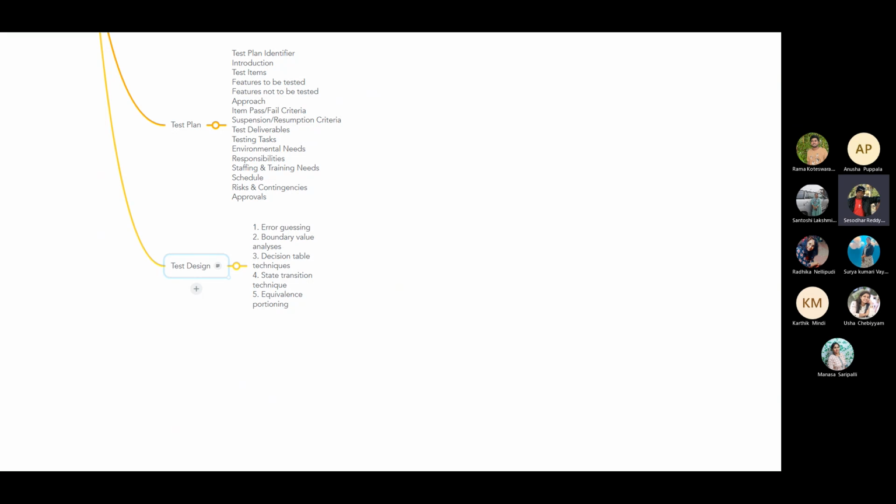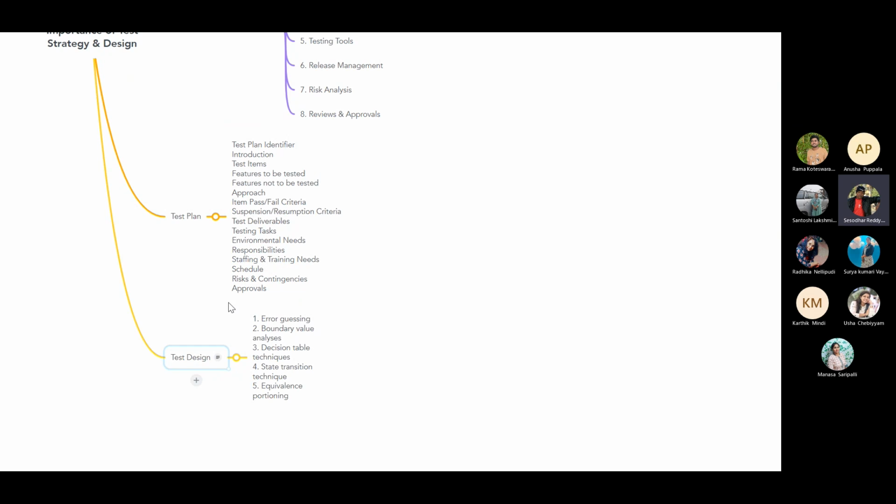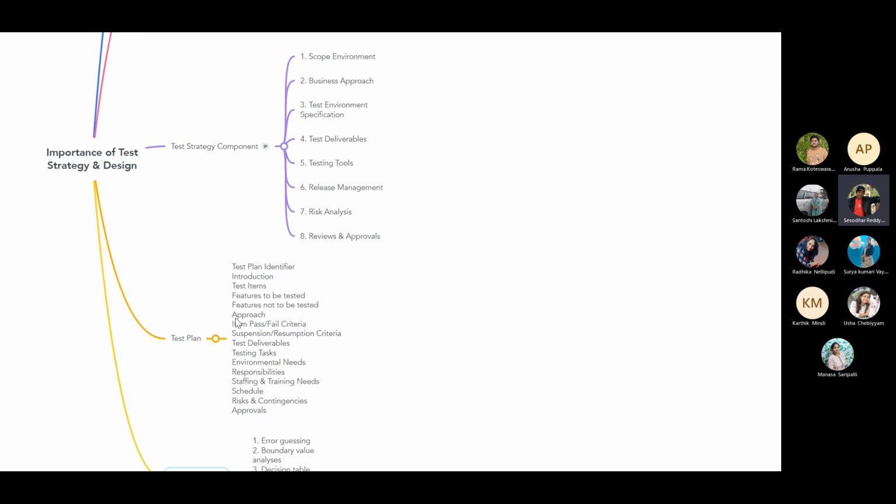Boundary value analysis basically deals with maximum, minimum, inside or outside boundaries, typical values and error values. In the same way, equivalence class partitioning gives you the condition-based inputs. We can have a different session about this, but when it comes to test strategy and test plan,